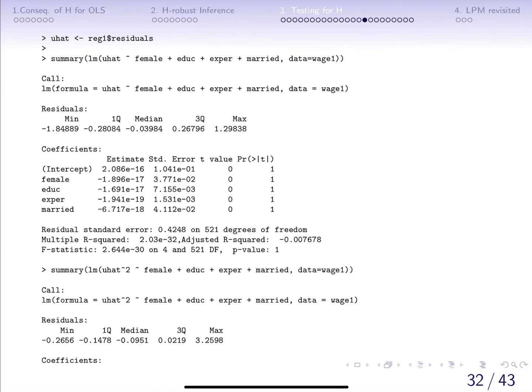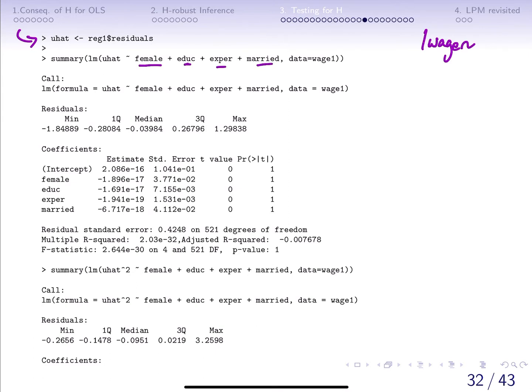In this video, we'll talk about how to do the Breusch-Pagan test, but we're going to take the scenic route just to understand what we're doing in conducting the test. A few videos before this, we had run a regression of log wage, using the wage1 data set from the wooldridge package, on female, education,